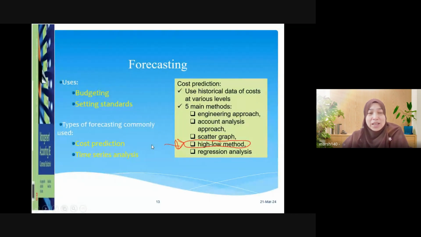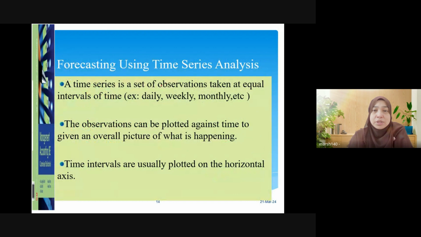Okay, that one in terms of cost prediction. And then another one we have time series analysis, second technique. Time series analysis, we do observations. It is actually a set of observations taken at equal interval of time. For example,